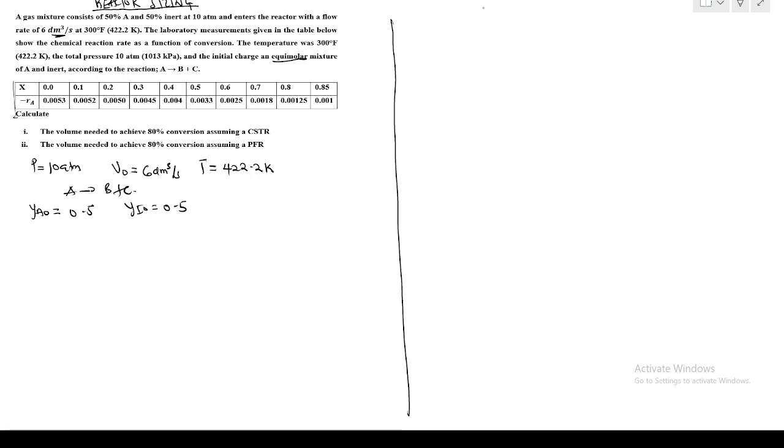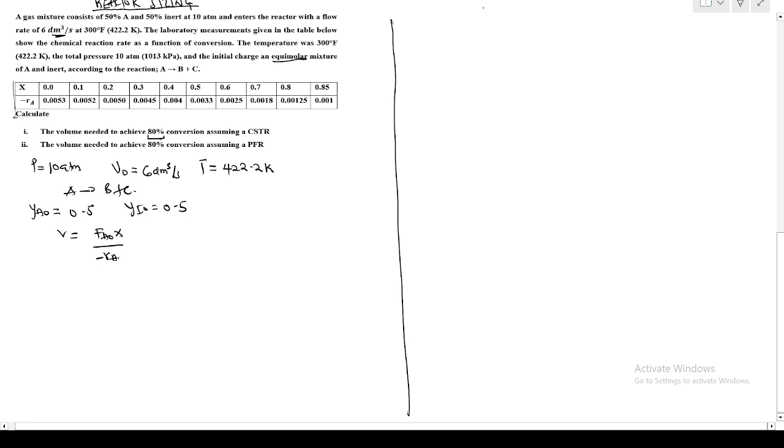So now I want to find the volume of the reactor to achieve this conversion here, 80%. They didn't give us the reactor, but the first question is saying that we should assume the CSTR. The first thing to do is to know the design equation of a CSTR, which is your volume V equals